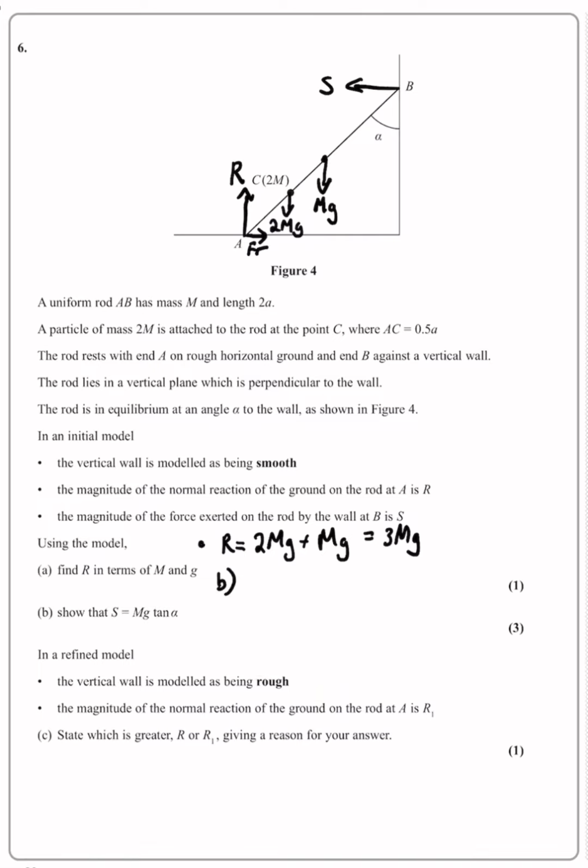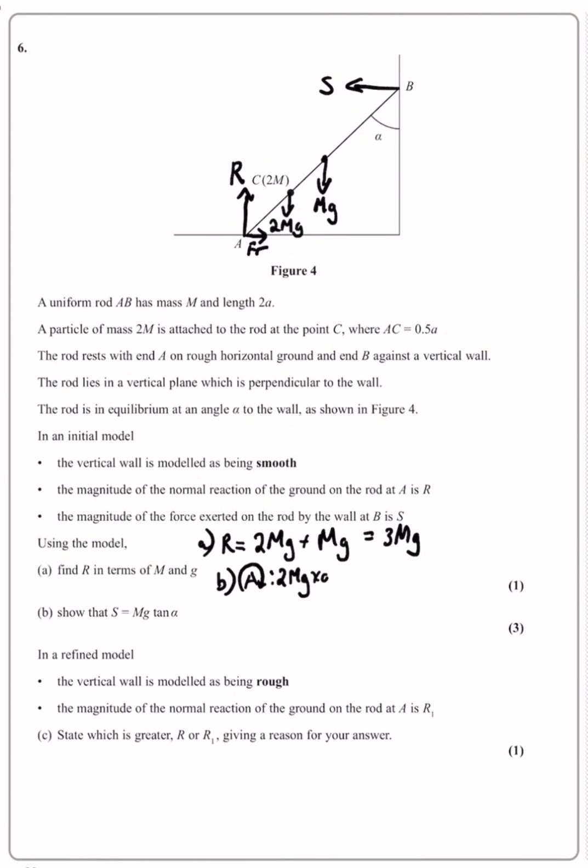For part B, we're going to take moments about A. So the clockwise moments about A. The first one I'm going to consider is the 2mg. That's where the mass is fixed on. So the clockwise moment of that 2mg is going to be 2mg